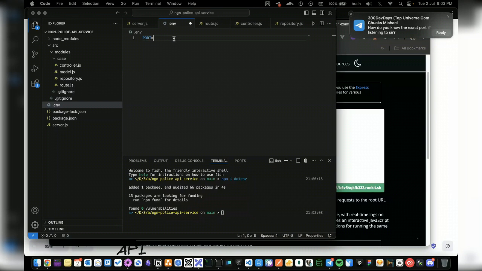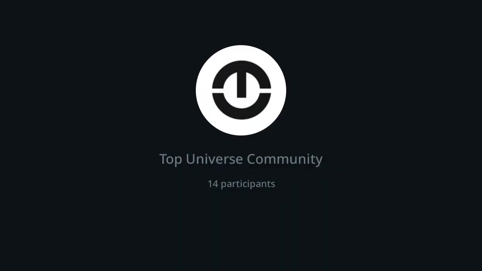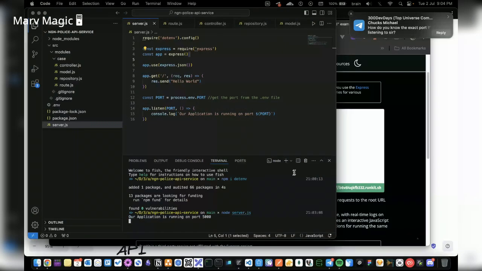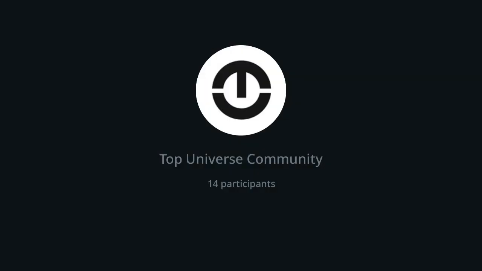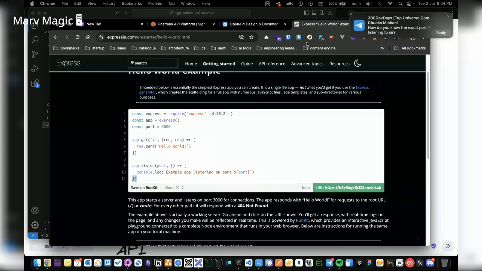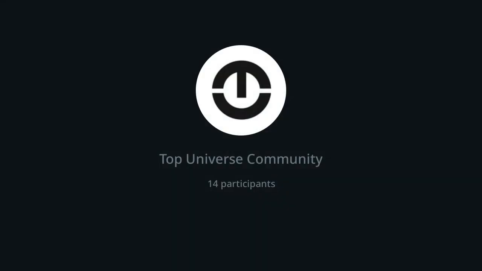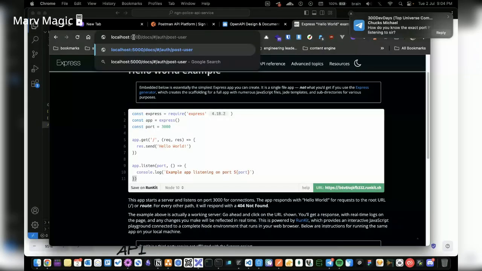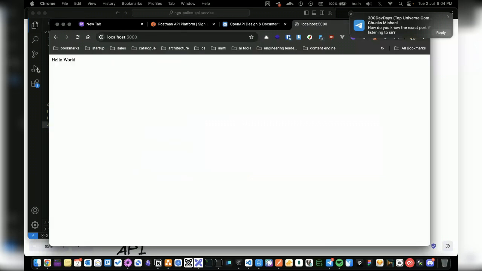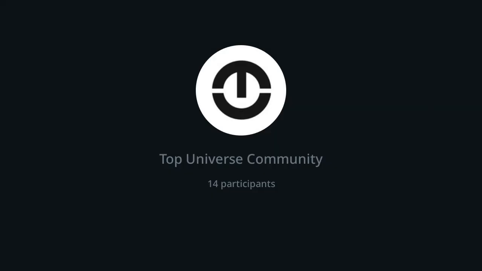If you have like 10 applications running on a server, you can listen on multiple ports, 3001 to 3010, right? That's up to you. Right now I'm using 5000. That is fine. Okay, so if I say node server.js, let's see if we have an error. Okay, we don't have an error. It says our application is running on this port, which means if I go to the browser and I simply listen on localhost 5000, just like we have specified, we expect to get hello world, right? We can change this just to see if it works properly. Application is live.